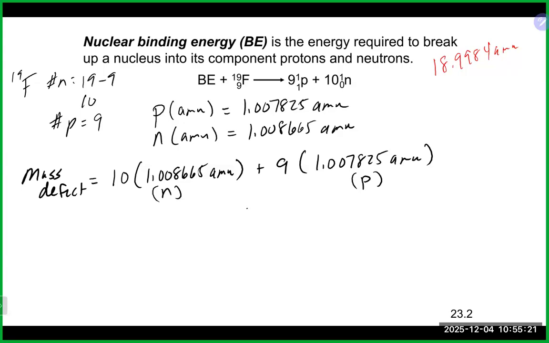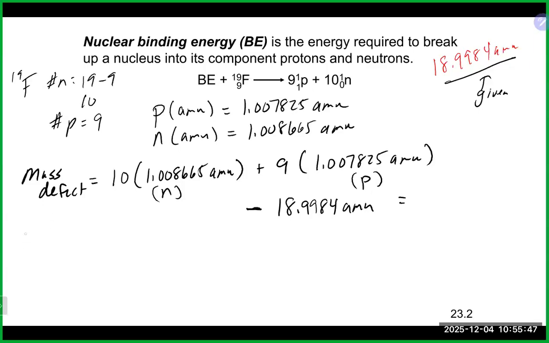And then subtract from that the isotope's atomic mass, which is 18.9984 AMU. That would typically be given to you in a problem, the atomic mass of the isotope. If you do that, that is going to give us our mass defect, which is here, 10 times